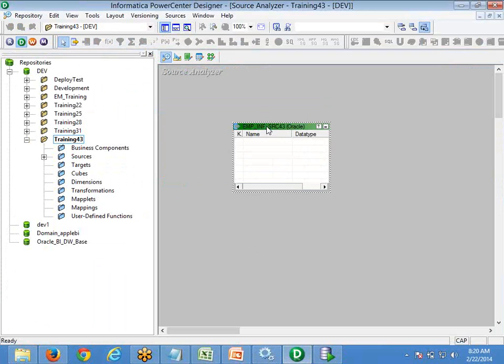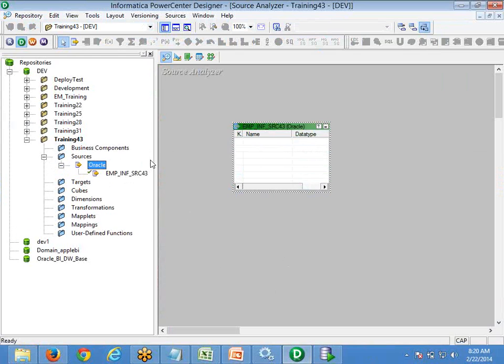Immediately you can see one object, all graphically built. Now we just told it that there is one table in an Oracle database. That's all. I told it that it is an Oracle table. I didn't tell where this table is, in which database, which schema. I didn't tell. But this is the table. As soon as you create it, you can notice that the source table is displayed on the left side, because initially it was completely blank and I created it here. This is what is called a source in Informatica.